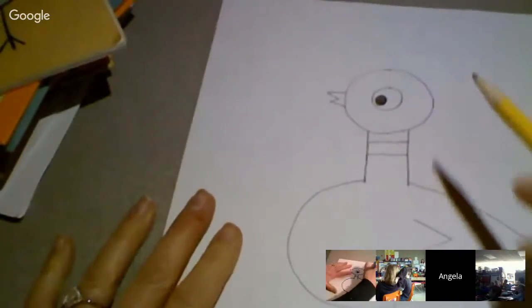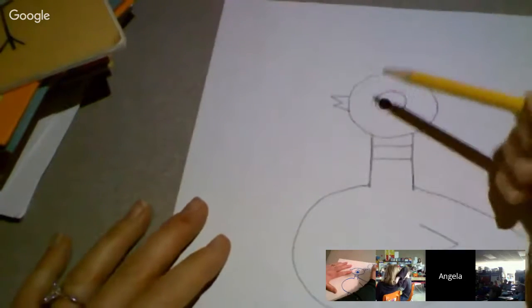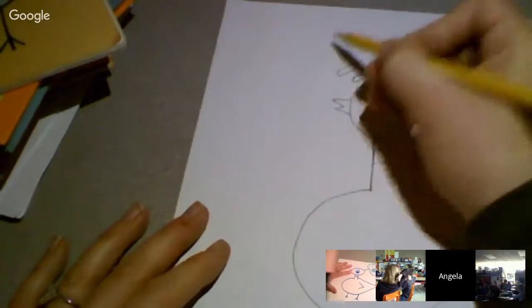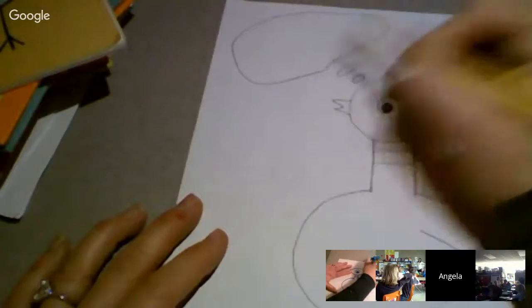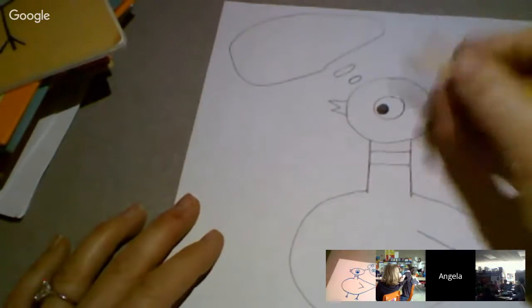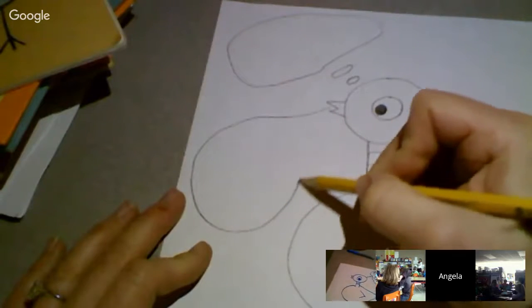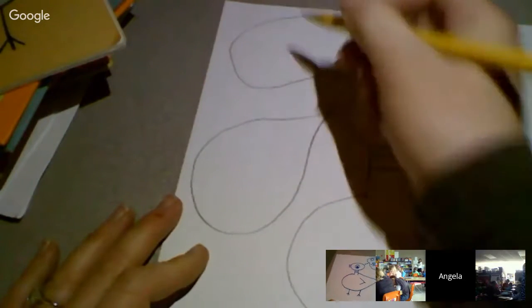So what I would like you to do now is to decide, think of something that you want your pigeon to be either saying or dreaming about, and just draw a few bubbles like this and a big thought bubble, or you can make it saying something. And then say,